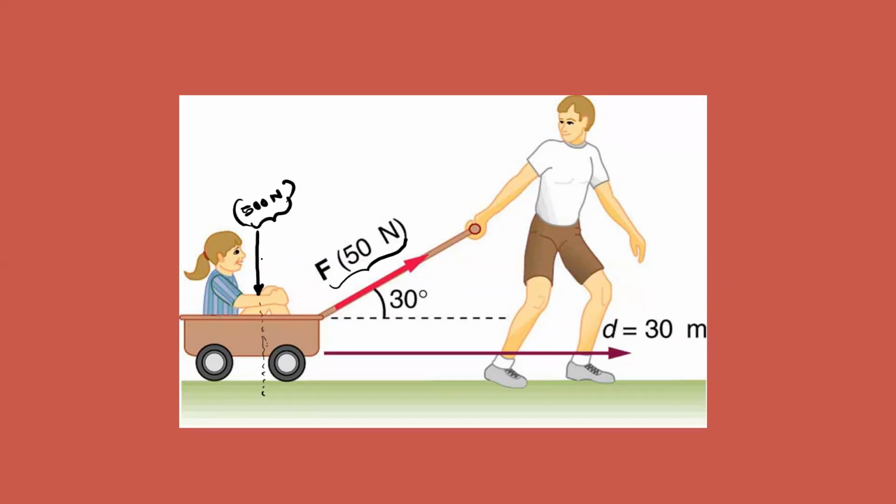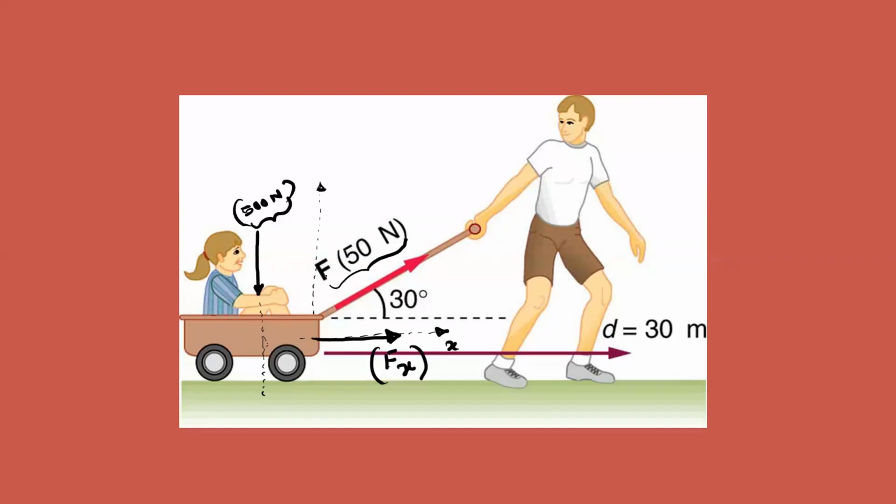The actual motion of this trolley is on the right side, that is along the positive x direction. So for the calculation, we have to consider only the force which acts parallel to the x-axis, because some part of that 50 Newton will act in the y direction. But the y direction force has no role in the rightward motion. Some part will act in this direction, and I will take this as Fx.